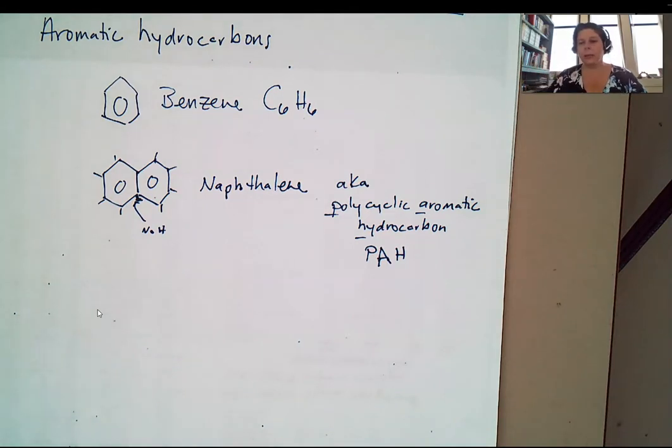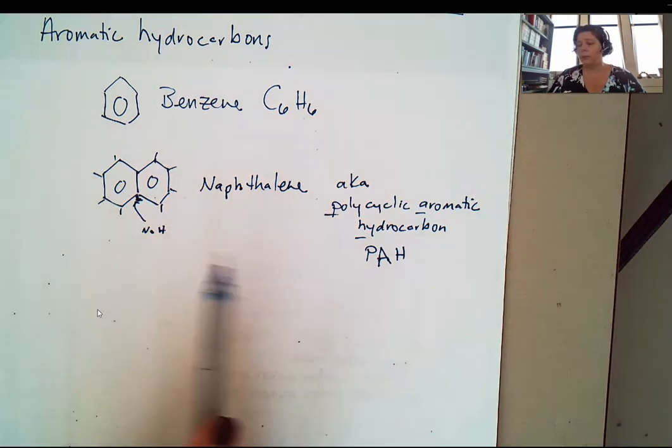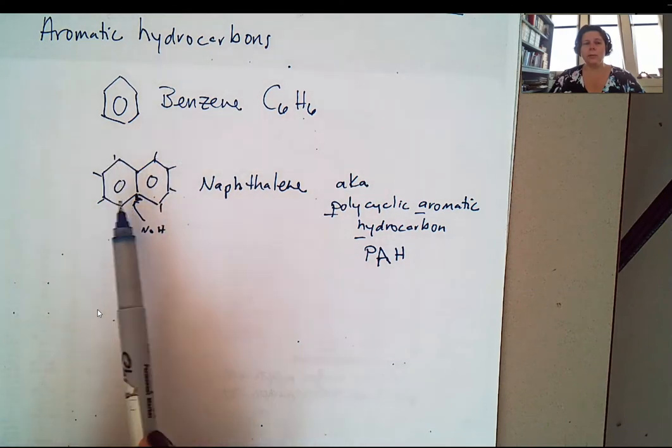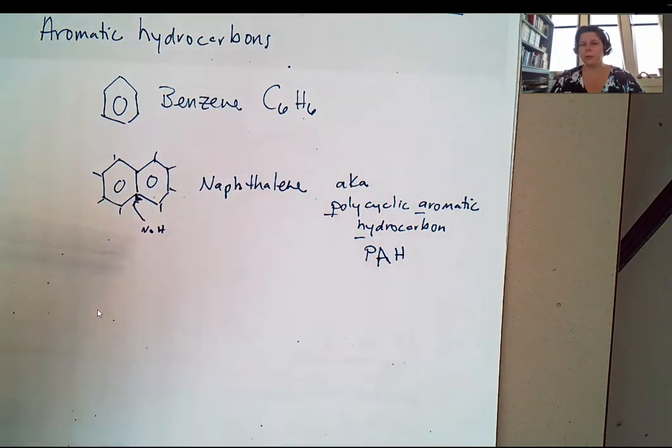PAHs, we will get into more later on too. They're one of the big contaminants. PAHs are polyaromatic hydrocarbons. They were used for a lot of different things. We'll talk about them when we talk about burning coal. There are 16 priority pollutants among the polyaromatic hydrocarbons, and they're known as carcinogens. I'm hoping one of you does a paper on PAHs and their transport. They don't move very fast. Benzene moves pretty quickly, but these other organic compounds tend to stick, and they're harder to break down.